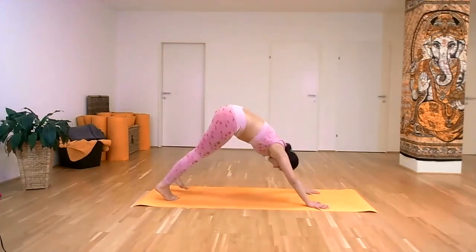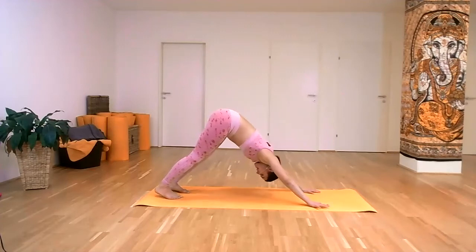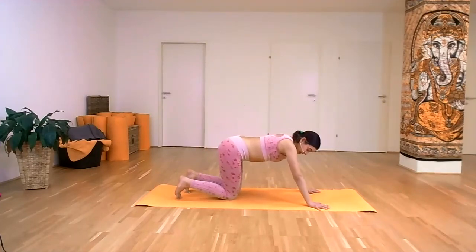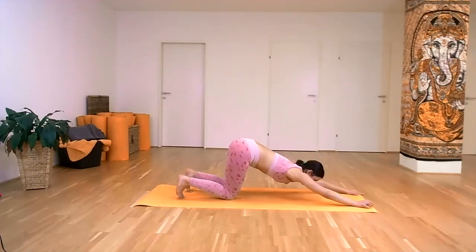Warming up the shoulders. One more time, inhaling and exhaling. Anytime it gets too much, child's pose. So you can come into child's pose, or if you want more, we're gonna walk the palms forward into puppy